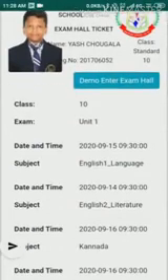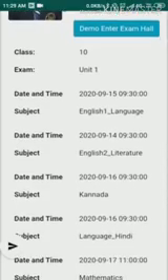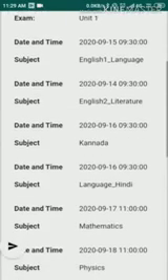Now when you have the exam, for example, just imagine today you have English one. In front of this English one, you will get a green color button to enter the exam hall. Then you have to tap on that button to attend that exam. Whenever you have an exam on that day, you will get the option in front of that subject. Just tap and enter the exam hall.